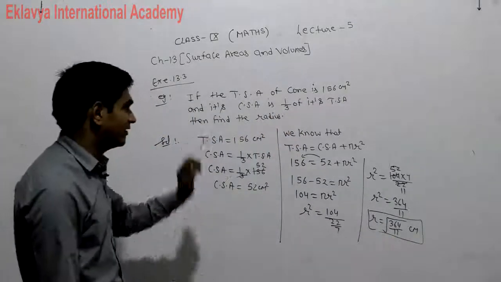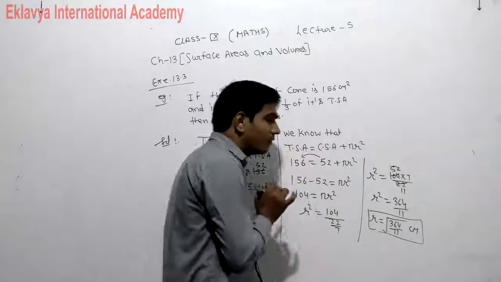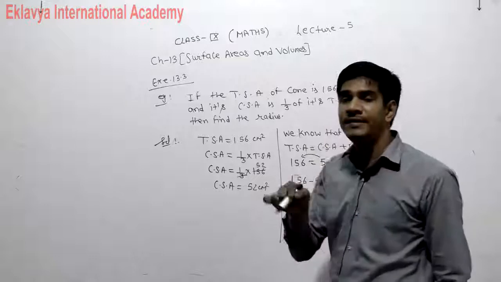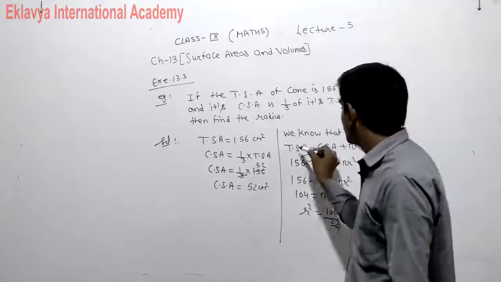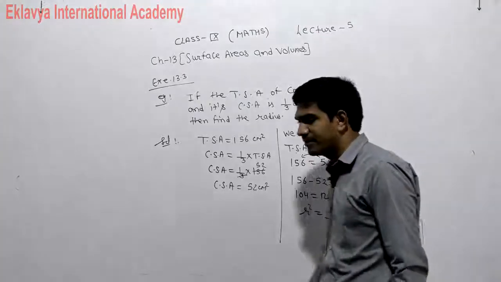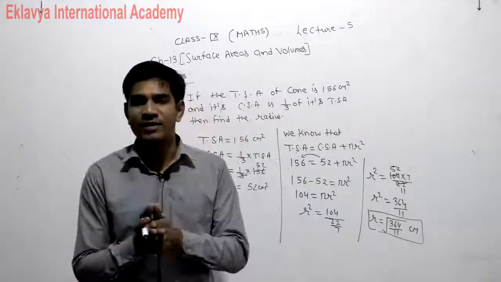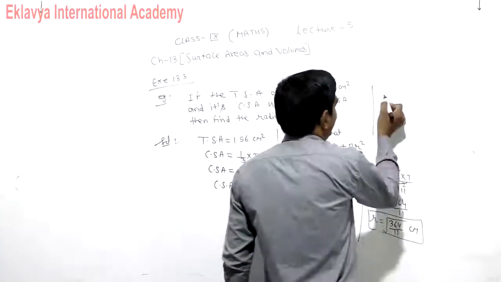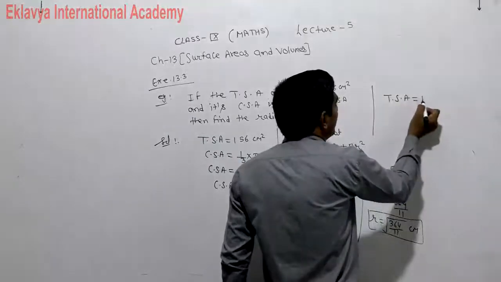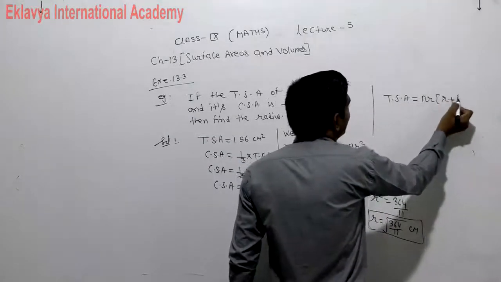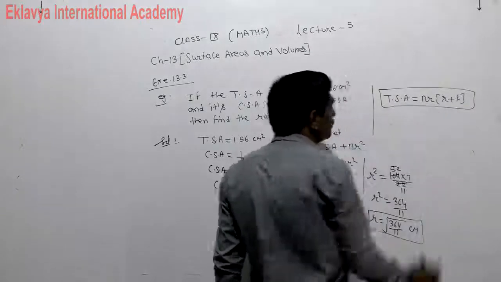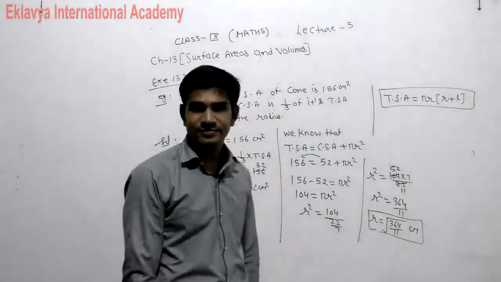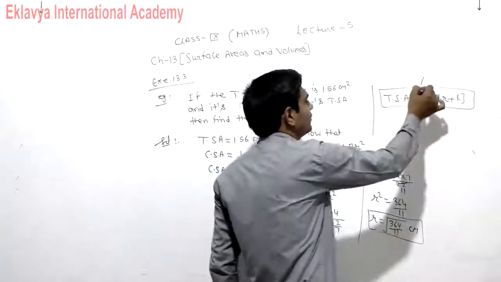So students, that question is important because you need to know how we obtain the total surface area of the cone. The total surface area of the cone is CSA plus pi r square. If you know how to calculate TSA, that is, add pi r square to the CSA, fine. But if you have learned only the direct formula, pi r (r plus l), and you use that formula, then we cannot find the radius. Okay, you do not have to use that formula here.